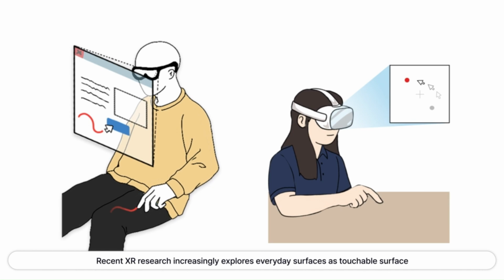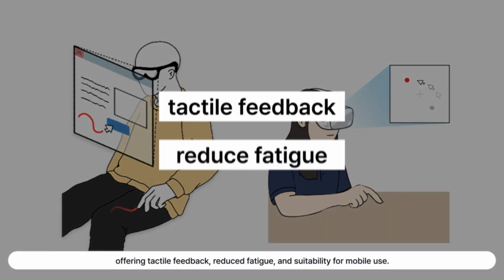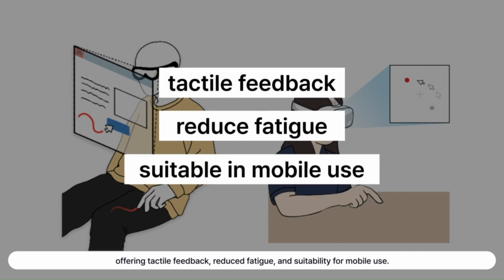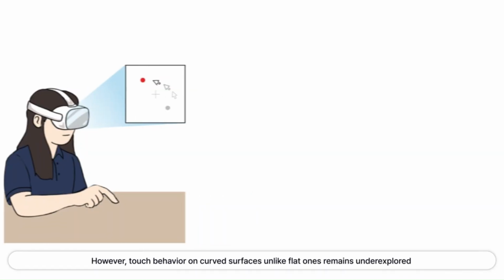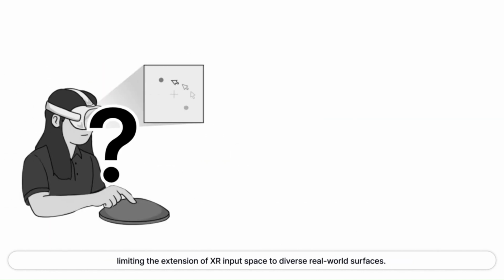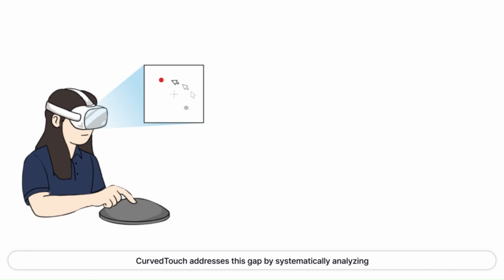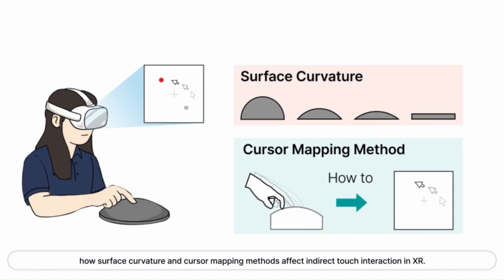Recent XR research increasingly explores everyday surfaces as touchable surfaces, offering tactile feedback, reduced fatigue, and suitability for mobile use. However, touch behavior on curved surfaces, unlike flat ones, remains underexplored, limiting the extension of XR input space to diverse real-world surfaces. CurvedTouch addresses this gap by systematically analyzing how surface curvature and cursor mapping methods affect indirect touch interaction